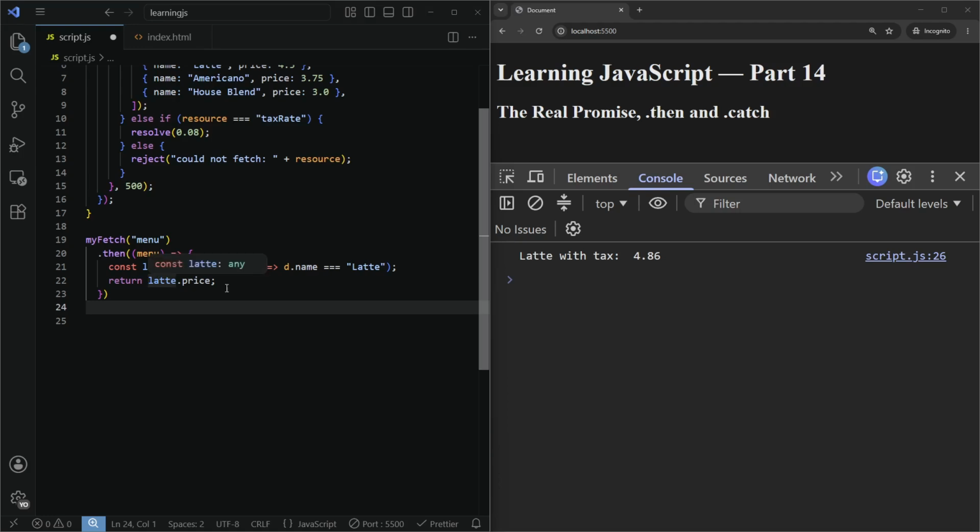So here we're not going to return the latte price. We are going to skip this for now, and we are going to return my fetch again. We're going to run my fetch again on this return. And what was it? Tax rate. And then we